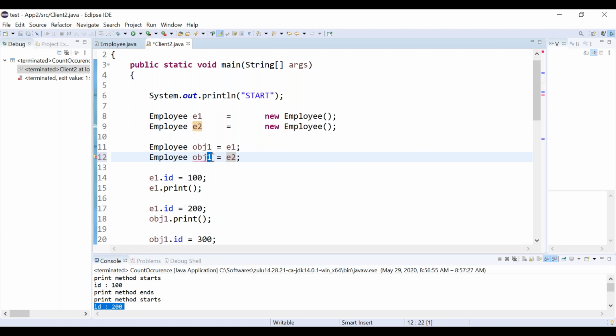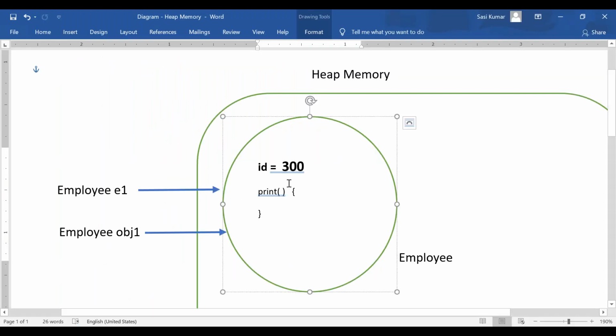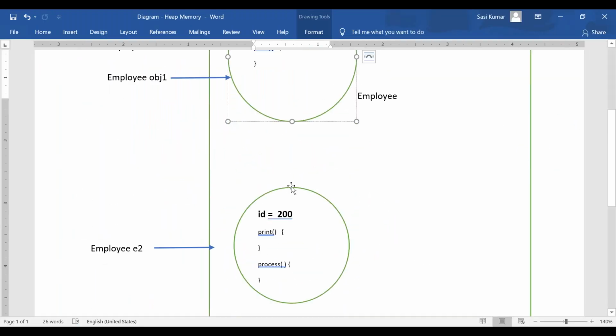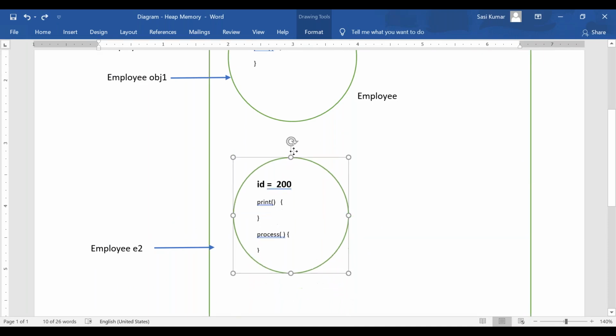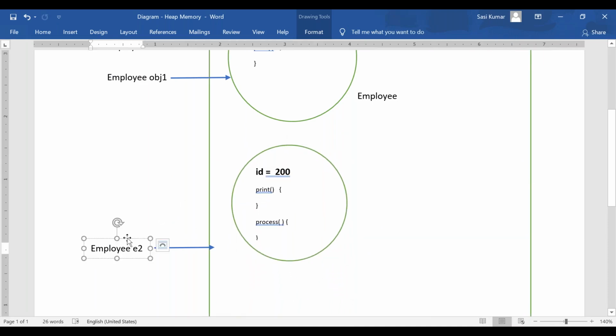In that case, what will happen? E1 and obj1 both are pointing to the same object, right? What about E2?